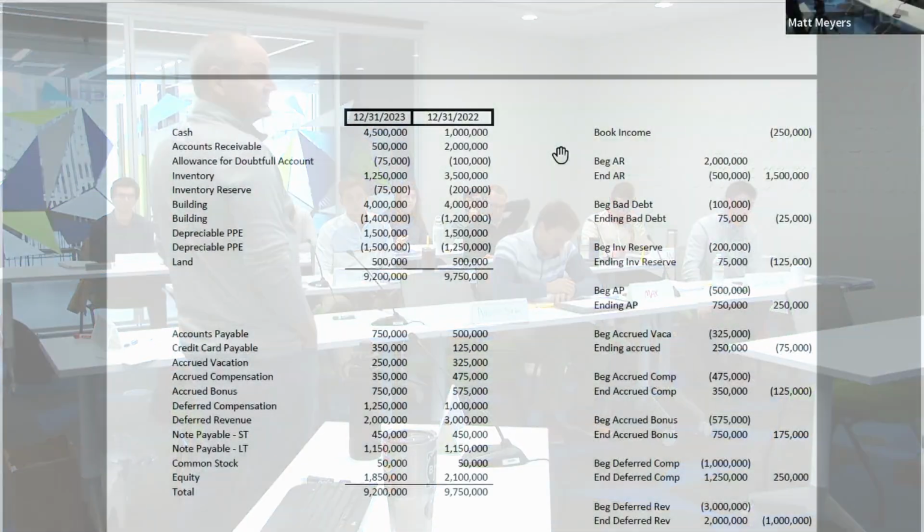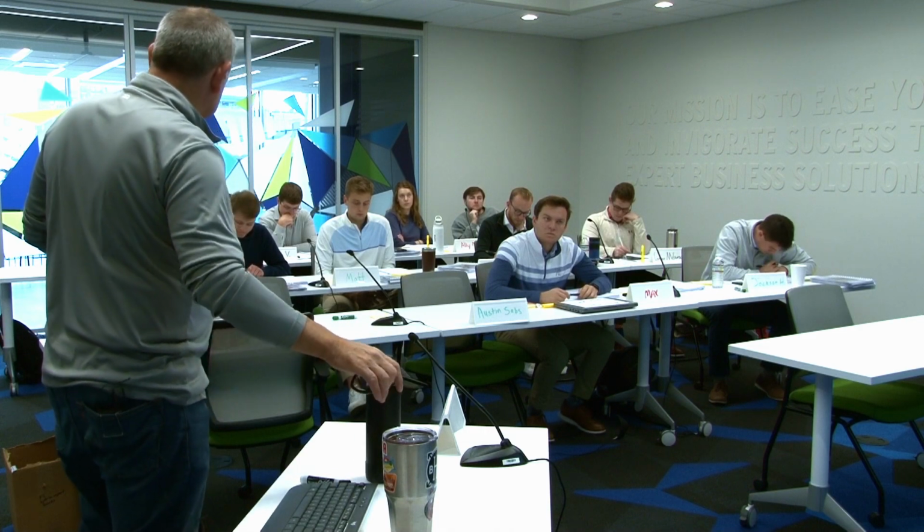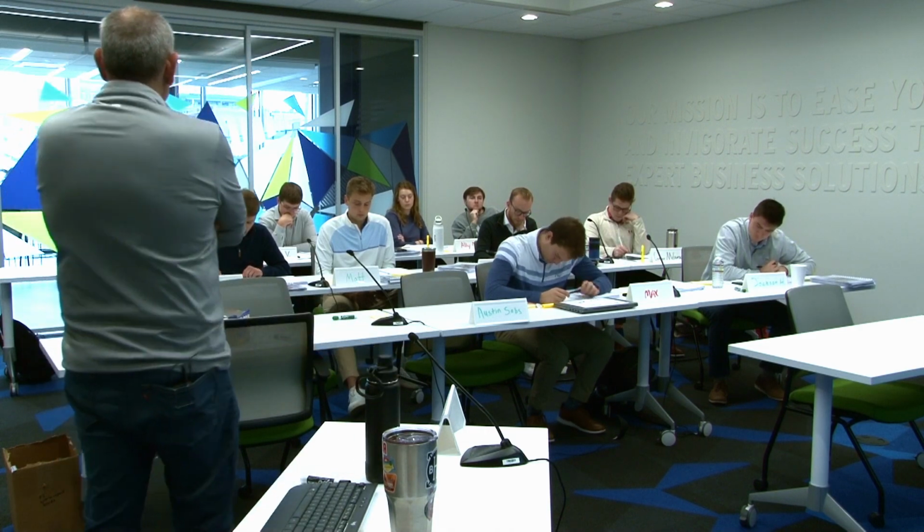So we're going to go with that answer, and I don't know on top of it. Okay. So what's next? Accounts payable. So we are going to subtract out our beginning accounts payable because those are things that we paid this year. So it decreases our income. And then we're going to add back our ending accounts payable because we didn't actually pay the cash for them this year. Correct.